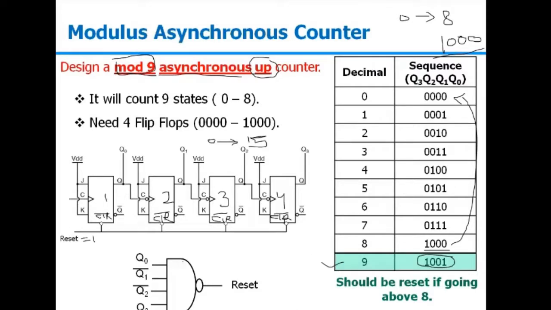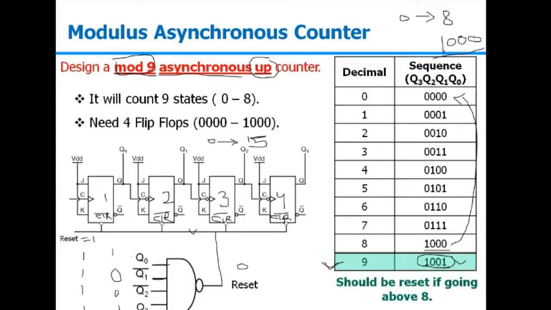So I am using a NAND gate here. This is the property of a NAND gate that whenever all inputs are 1, it will provide a 0 output. And in this case, we need the 0 output when the 9 is coming. So I can connect Q0 because Q0 will be 1, Q1 bar because Q1 bar will be 1 in this case. Q1 is 0, so Q1 bar will be 1, Q2 bar and Q3. And this combination will be unique. So whenever this combination comes, I will connect it to the reset here. So it is counting with the normal operation 0, 1, 2, 3, 4, 5, 6, 7, 8. And after the 8, as it is going toward 1001.